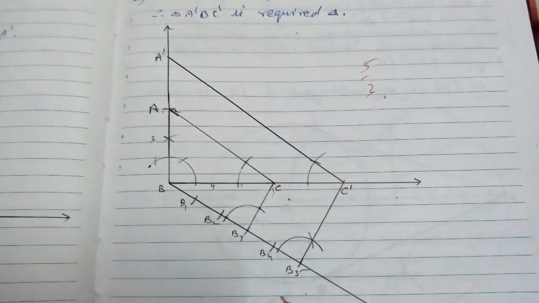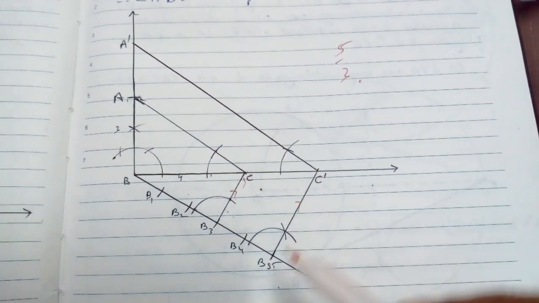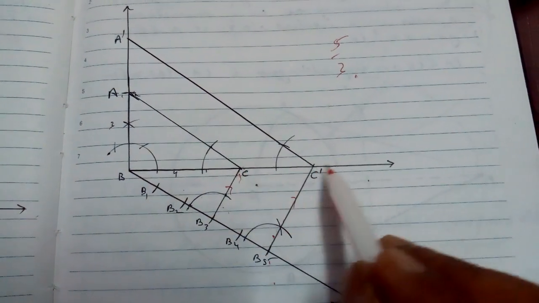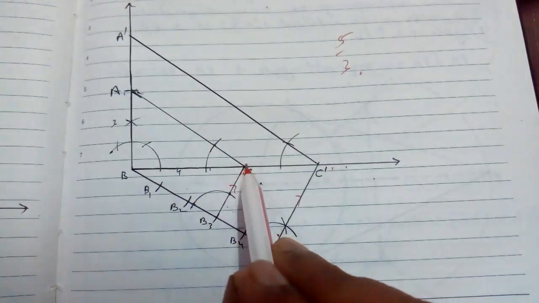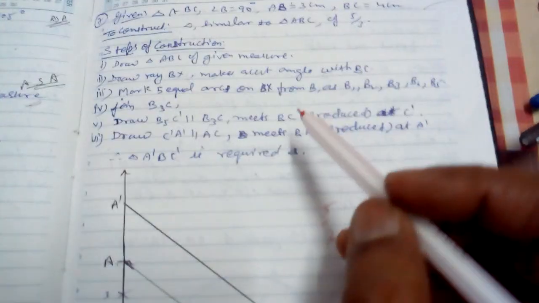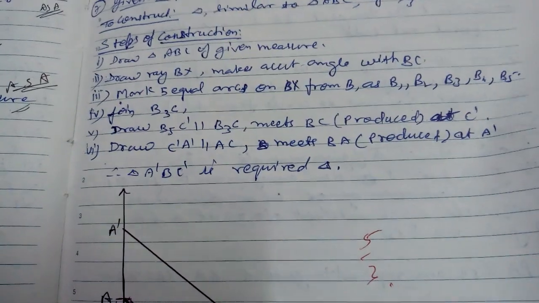Then the numerator is the point from which you draw a line parallel to this line. These two lines are parallel, with equal angles. So it intersects the produced BC at C dash. From C dash again draw a line parallel to this line AC. These two angles are equal. Then it intersects the produced BA at A dash. So it is your required triangle. I have written everything in the steps of construction. You read the steps of construction thoroughly.